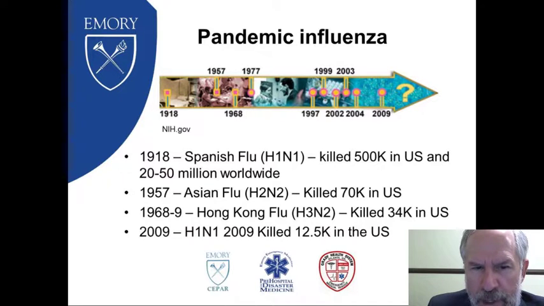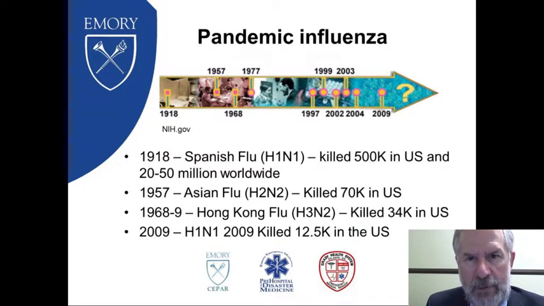1957, a much smaller outbreak of the so-called Asian flu, H2N2, killed about 70,000 in the U.S. And then in 1968-69, the Hong Kong strain of H3N2 killed 30,000 plus in the U.S. Much more recently, and I'm certain everyone recalls the 2009 outbreak of H1N1 swine type that killed over 10,000 people in the U.S. and wreaked havoc for a period of time in terms of our planning and responding to addressing the needs of the population.